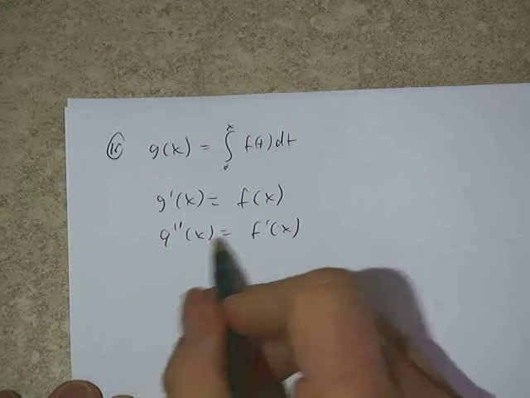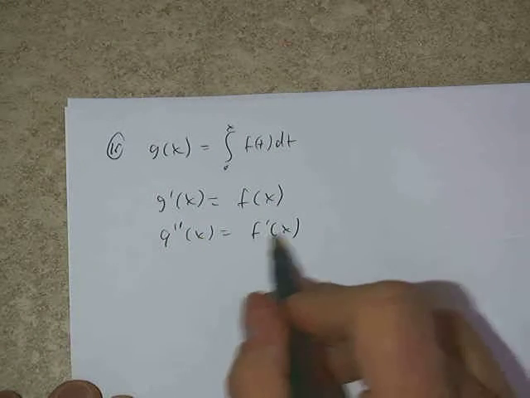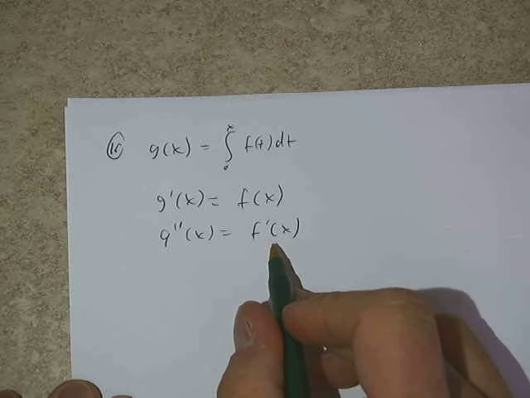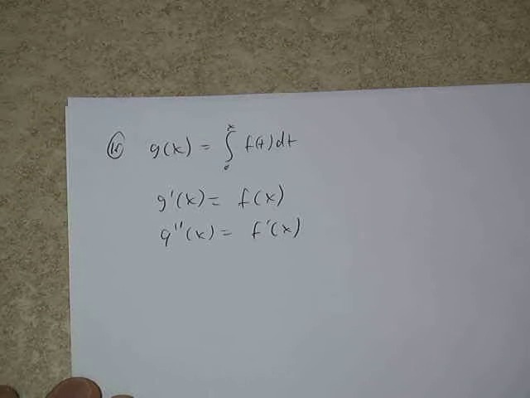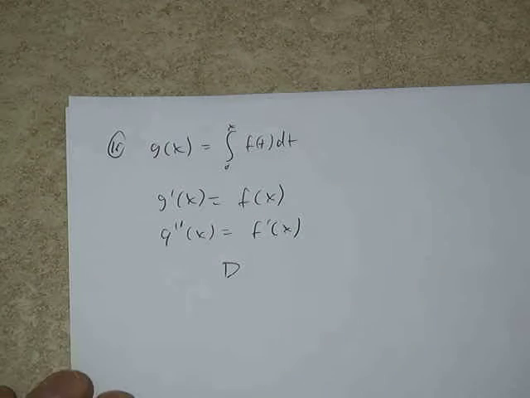So again, the values of the second derivative of g are the same as the values of the derivative of f. So when the derivative of f is positive, g prime is positive. It's concave up. Okay. So therefore the only choice there would be letter D. At 5 it would change from